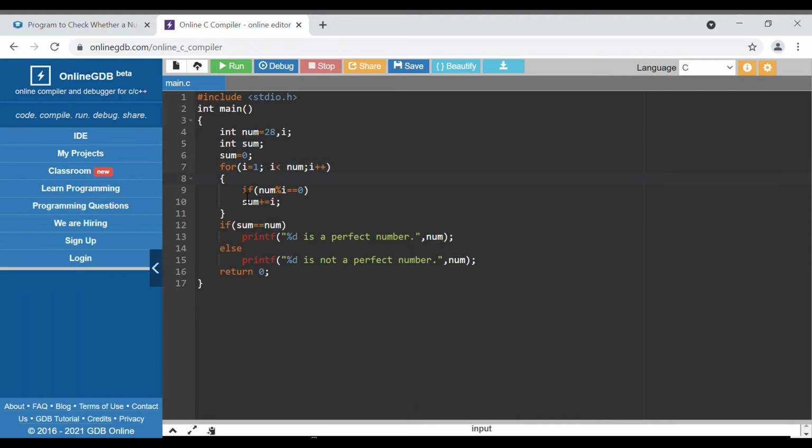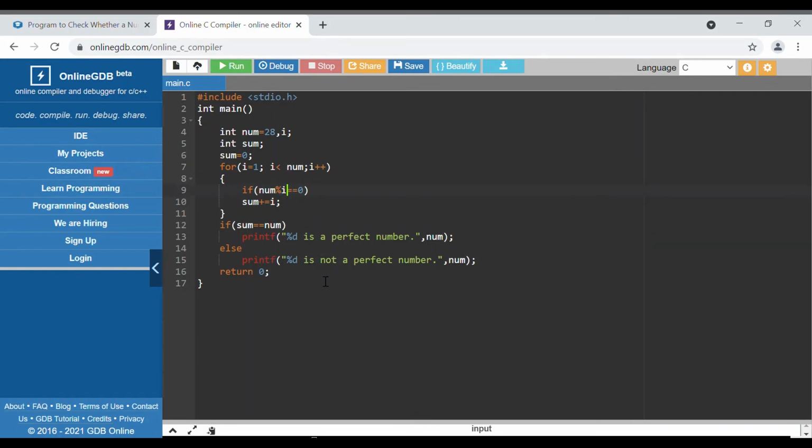Here we take num modulo i. Whenever we are dividing num by i, the loop variable, we check the remainder. This is the remainder operator. It will tell you whether any remainder is there or not while dividing the number by i.